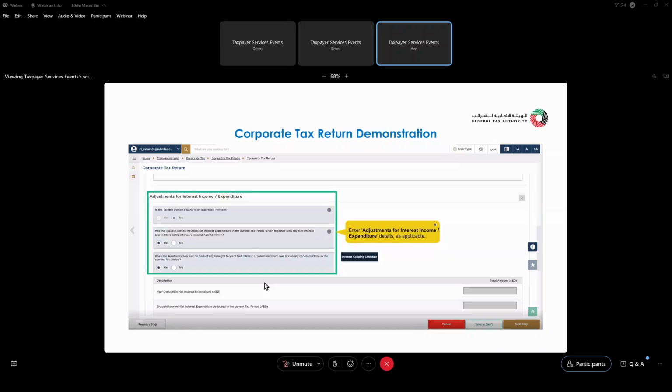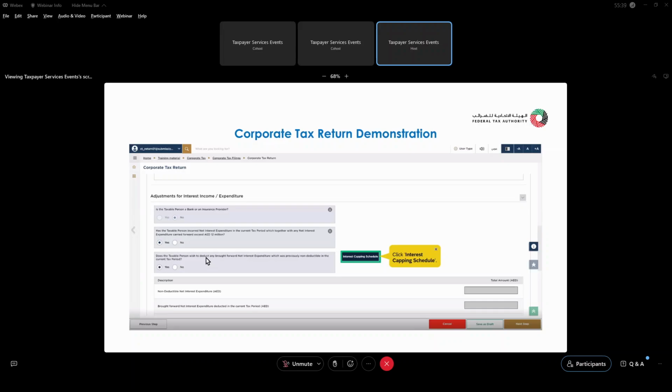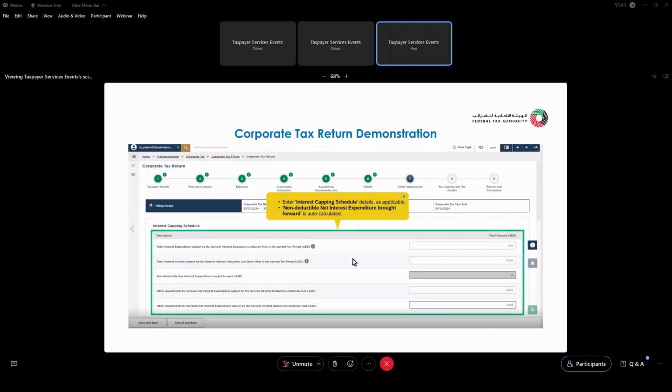You need to answer the questions carefully, where if your answer was yes, you will need to enter the interest capping schedule. So let's assume we've answered yes. You will need to click on the blue box of the interest capping schedule. Whenever you click on it, you will have the pop-up page where you will need to enter the interest capping schedule details,